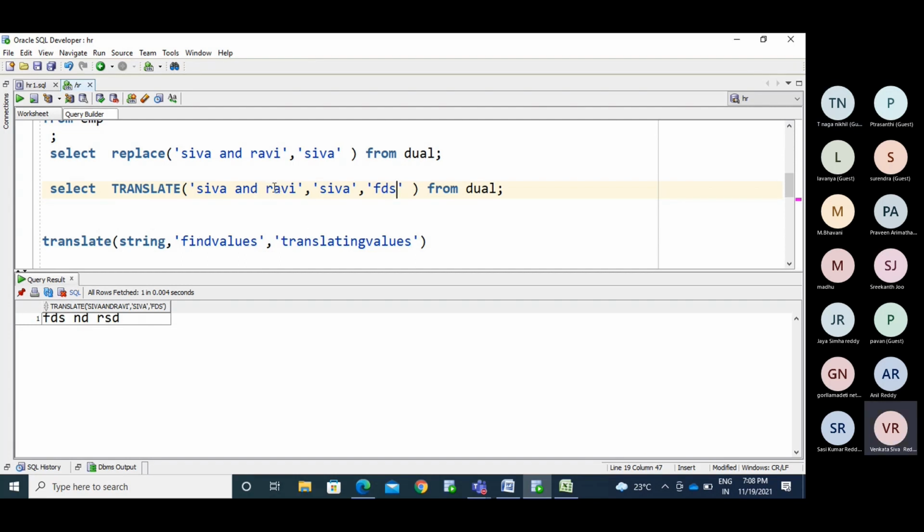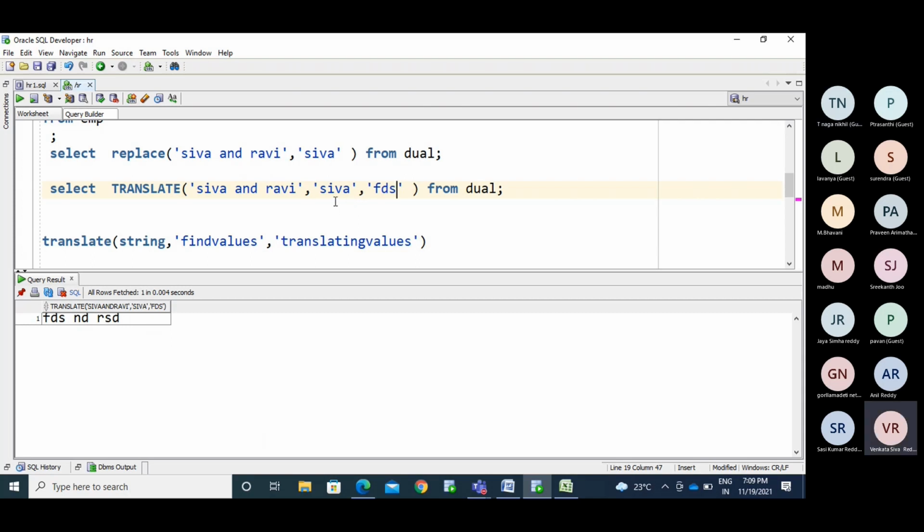Okay, we have R. For R also you don't have anything, so that is kept the same. Now we have A. It removed that because you don't have any replace value for that. It removed V. If you have the V, it makes it S. And the D you don't have any replace value, so it displays as is.